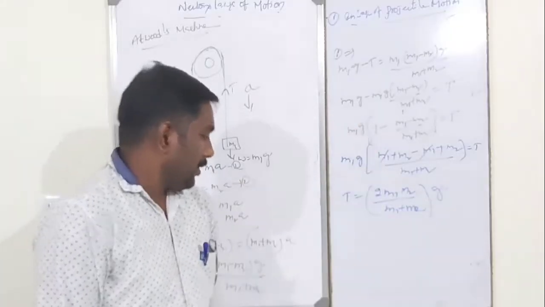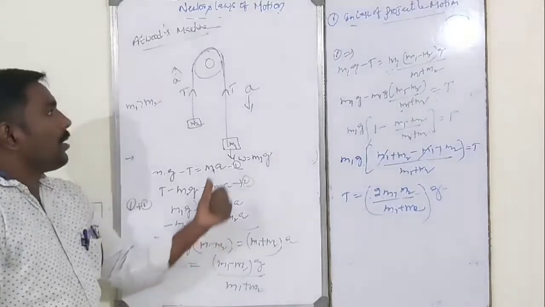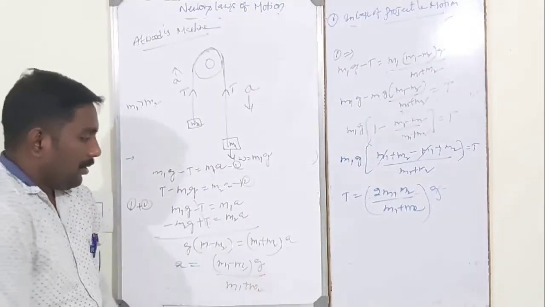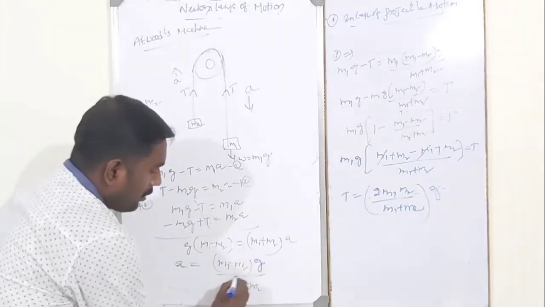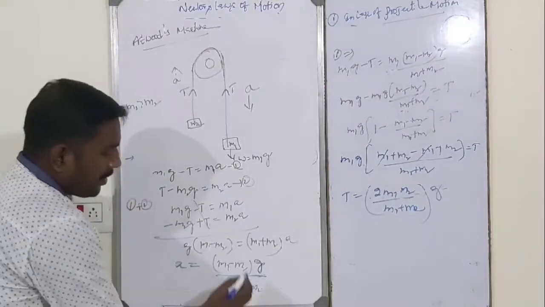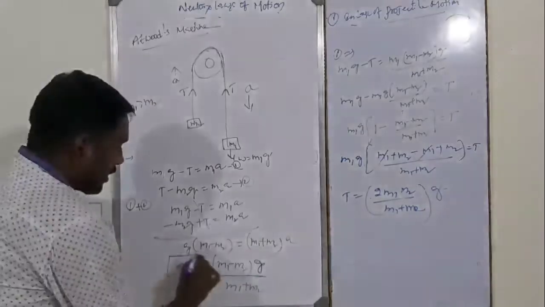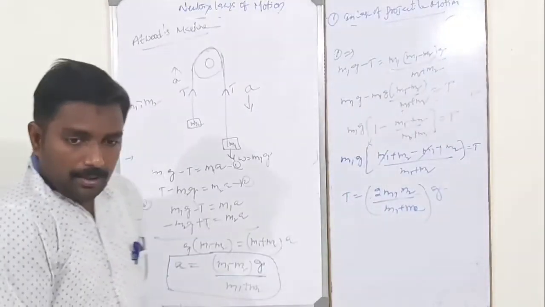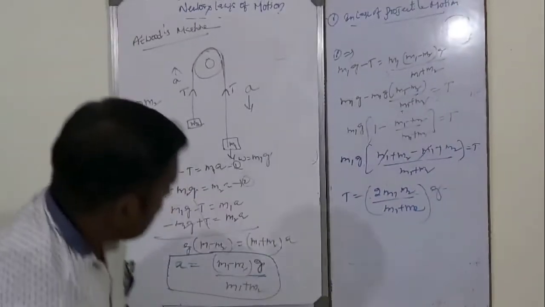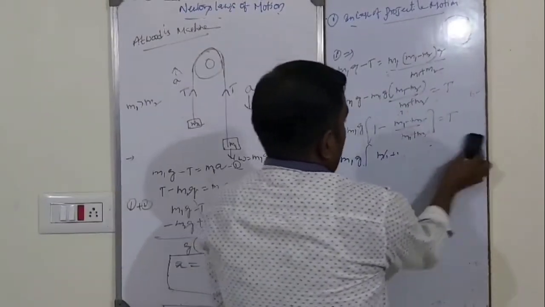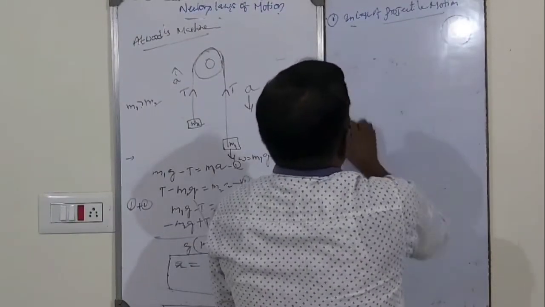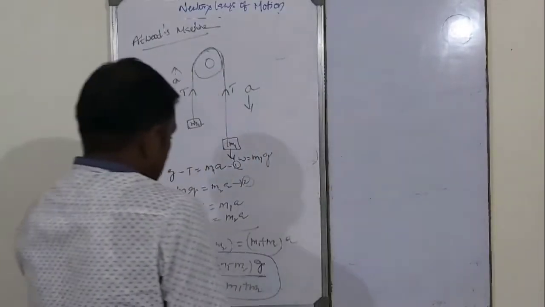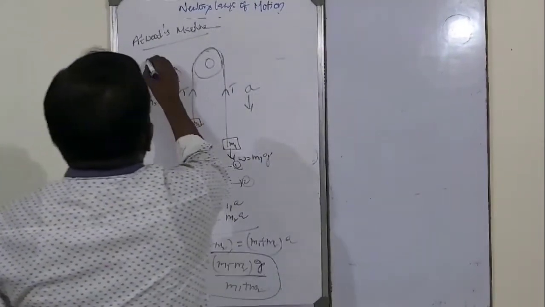M2 into G. So, this is the common acceleration of the system. A is equal to M1 minus M2 into G divided by M1 plus M2. Okay? This is the acceleration of the system. Moreover, suppose, in case of